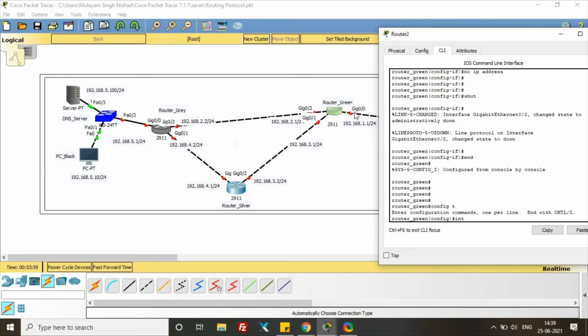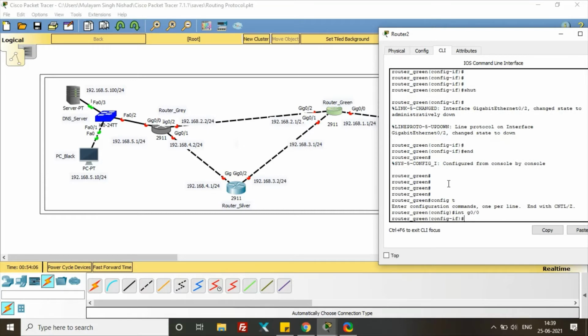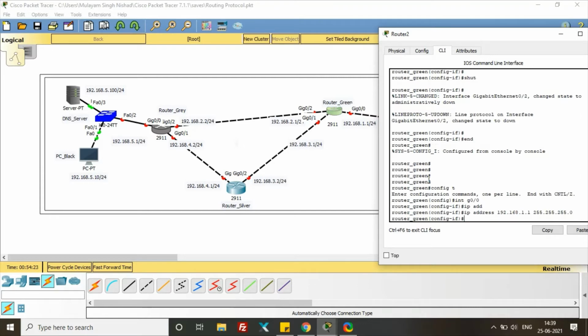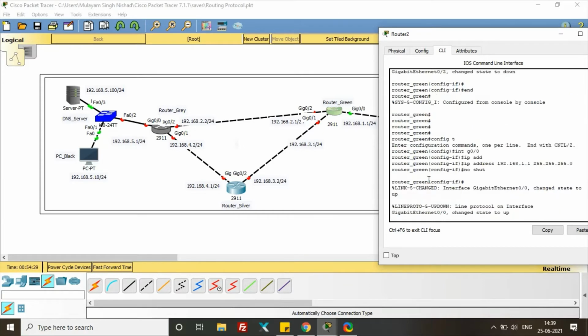I am going to configure the IP address on gig 0/0. The IP address should be 192.168.1.1, and the subnet mask is 255.255.255.0 for all. Then enter the command no shutdown to bring the interface up.